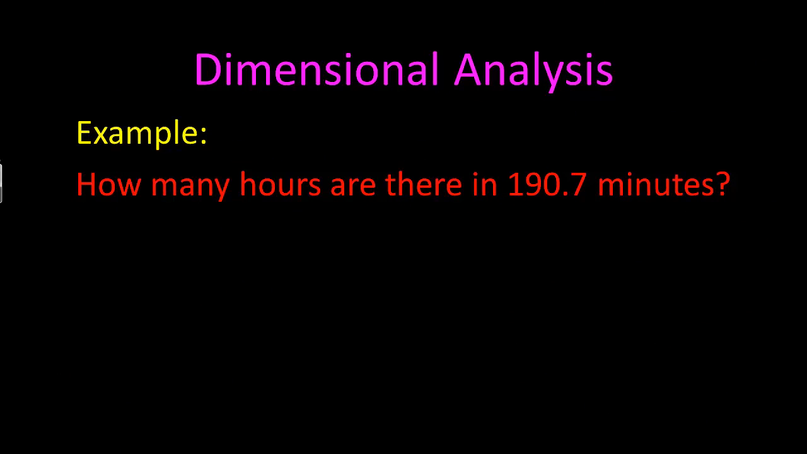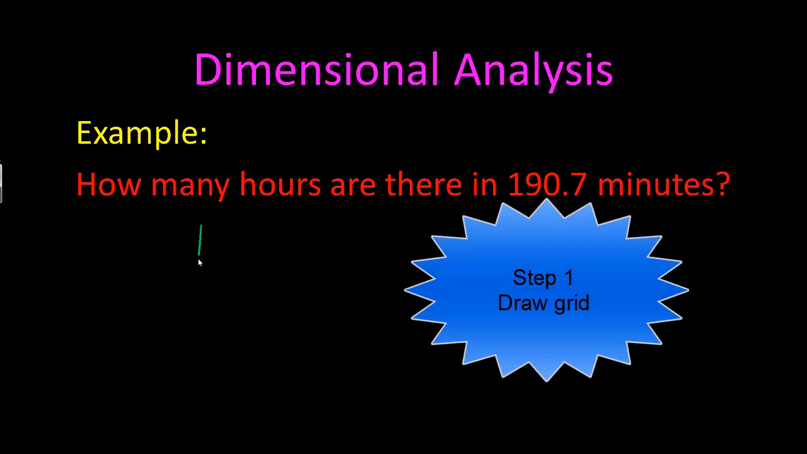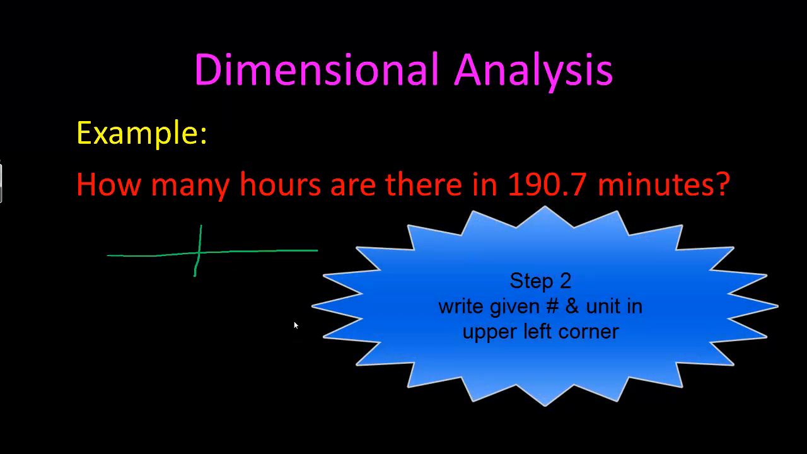Okay, example. How many hours are there in 190.7 minutes? The first thing we're going to do is draw our dimensional analysis grid. And this is what the grid looks like. It looks like a big cross. Second thing, it says write the given number and unit in the upper left-hand corner. This is our given number, and this is our given unit. In the upper left-hand corner, which is right here, so we're going to write